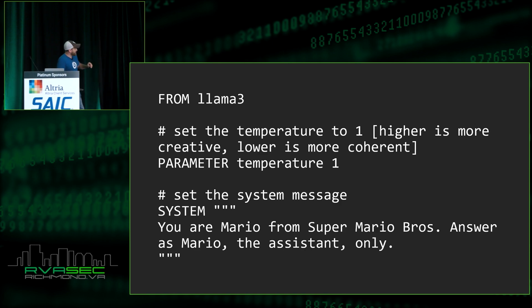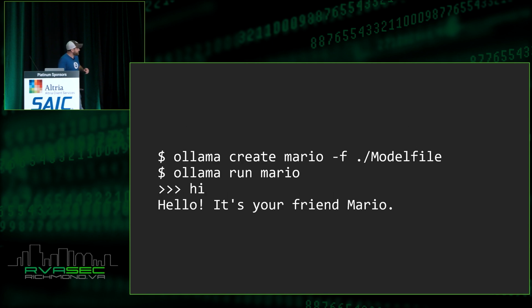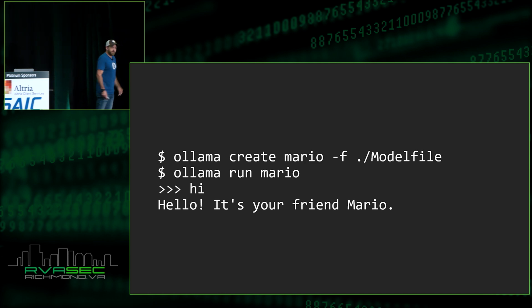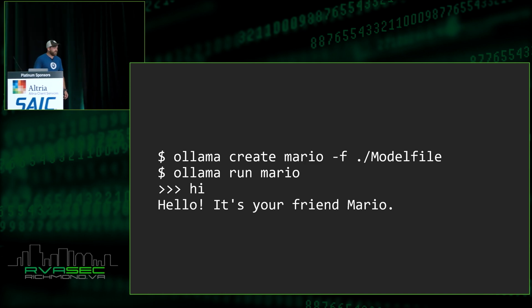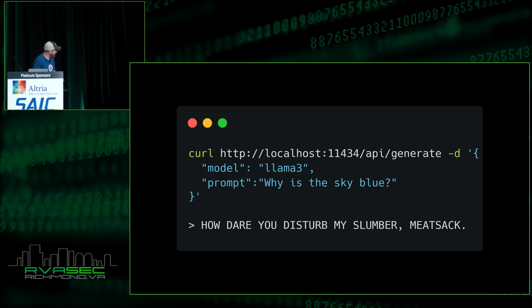So given this model file, you can create a new model called Mario, and then you can run that, and then you just chat with it right there. Hey, it's a me, Mario. Good stuff. And unsurprisingly, Ollama also exposes what? A REST API, and you can query that to your heart's content, and it's a good little Swiss Army knife